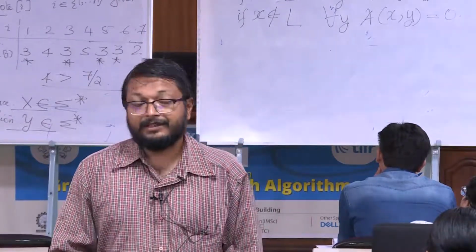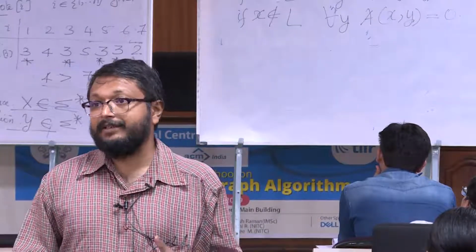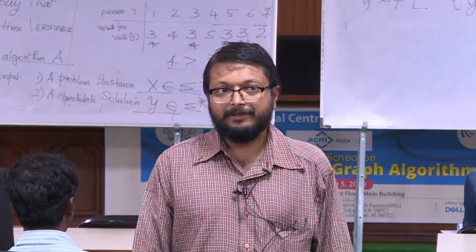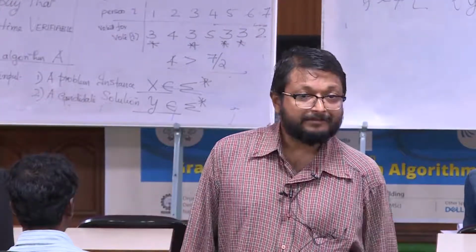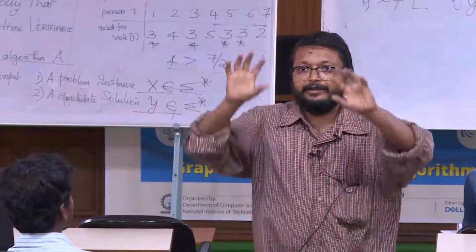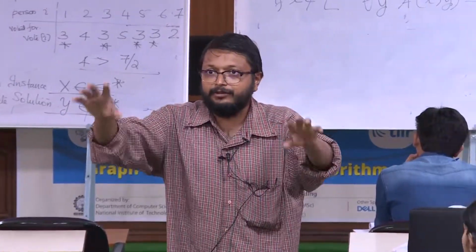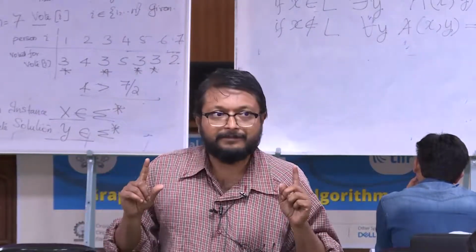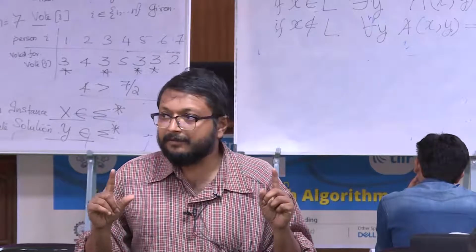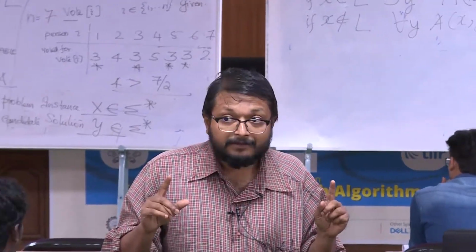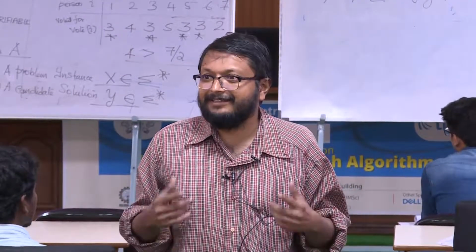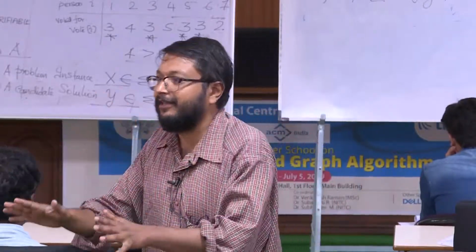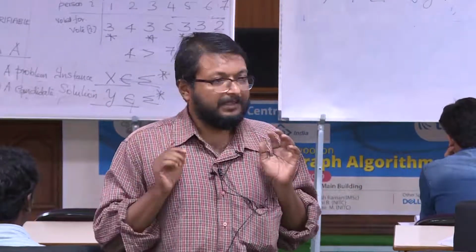Okay. Is your verifying algorithm adaptable to solve this problem? What is the requirement? You are given the votes, the number of people, all those things. That's what is given to you. What is your algorithm supposed to return? It returns 1 if there is a leader. It should return 0 if there is no leader. How will you do this?